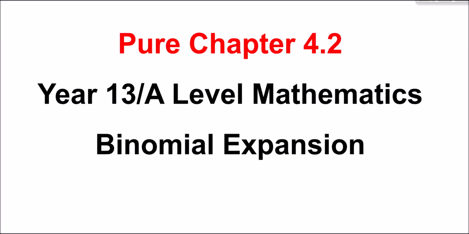But what we didn't look at last time is the scenario where the leading coefficient in the bracket is non-unitary. For example, what if we had 5 plus x, or 2 plus x, or even 3 plus 5x, something like this. So what we need to do is adapt what we learnt from lesson 1 to answer those sorts of